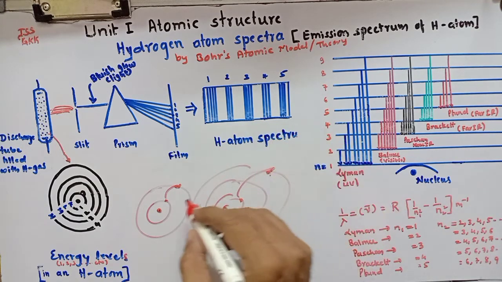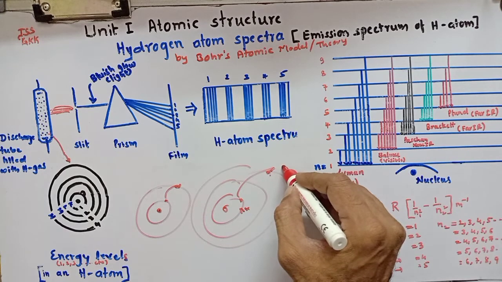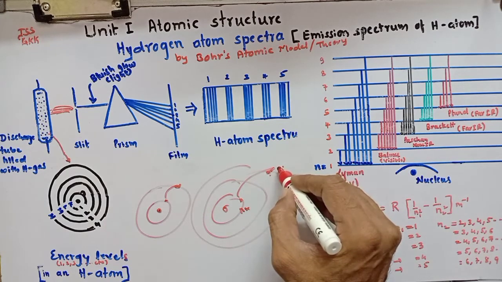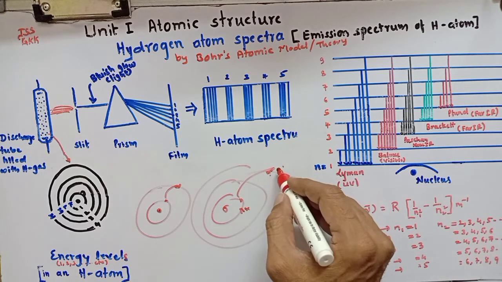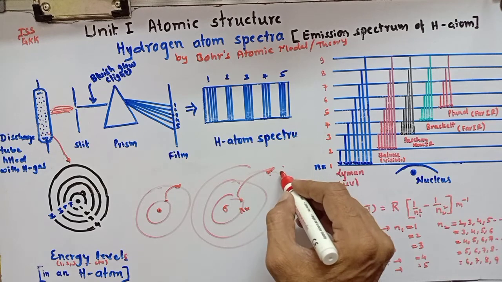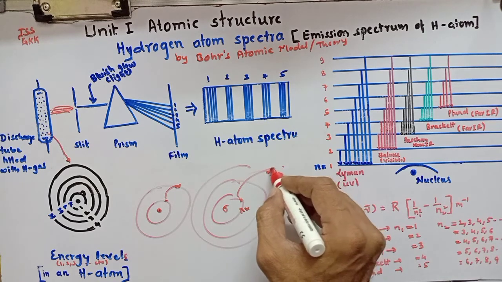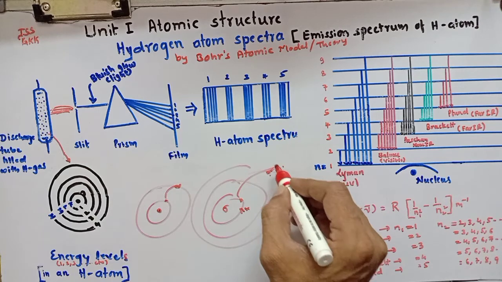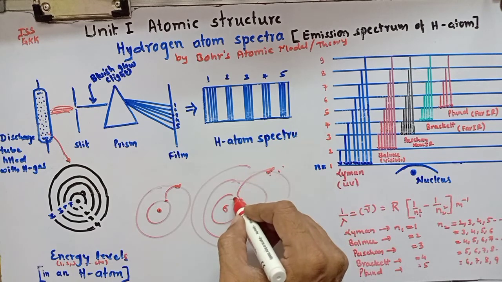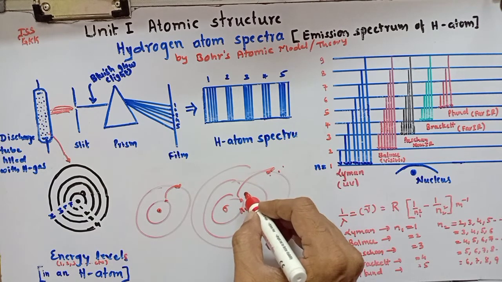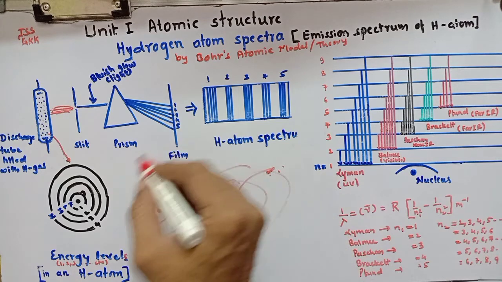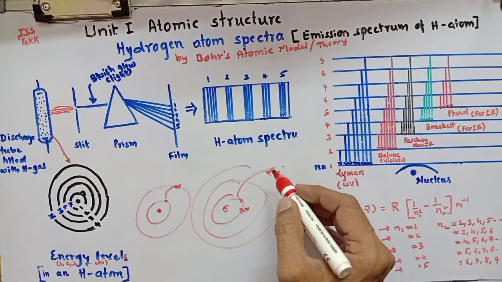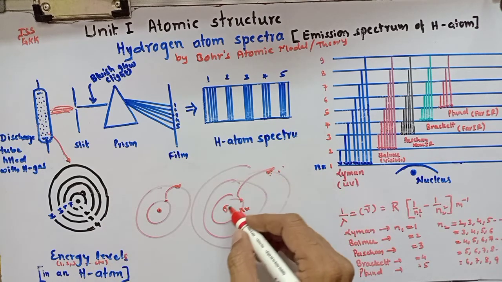That means when the electrons are present in the excited states, we call that the excited states of the electrons. In the excited states, these electrons are unstable. That means they will not stay forever in the excited states. They have a tendency to come back to the lower energy level. So, during the de-excitation process, that means the jumping of electrons from a higher energy level to a lower energy